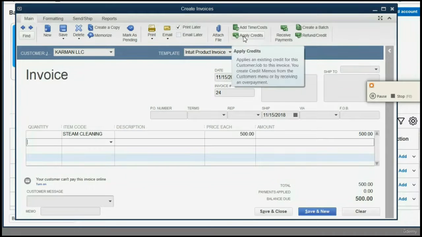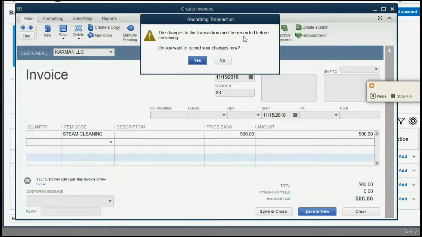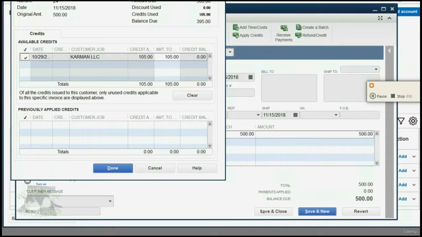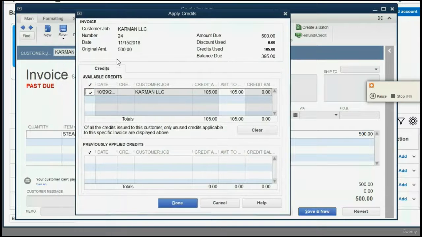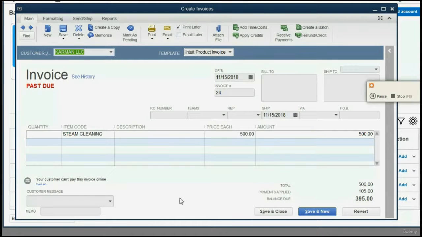So we then click Apply Credits, and we click Yes, and now we get a list of available credits for that particular customer. Now, in this case, there's only one, but if there were several, they would be listed here, and you would click the check mark on the credit you want to use. Click Done, and now you can see the invoice was $500. You just applied the past downloaded credit of $105, and now they only owe